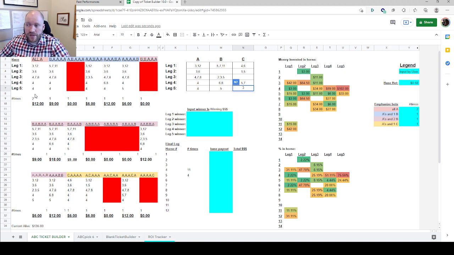Now, if you were somebody who doesn't have ABC built into your ADW, by the way, if you'd like ABC built in your ADW, I will put a AM wager thing down below as well. They have it built right in. You just literally go through, you label your horses A's, B's, and C's and click submit. Super easy. If you were somebody playing this on a regular ADW, you would need to play each one of these tickets. But it's really quick and easy to punch these in. Just be careful because you're going to end up punching 12 or something tickets in. Make sure you're punching enough in.